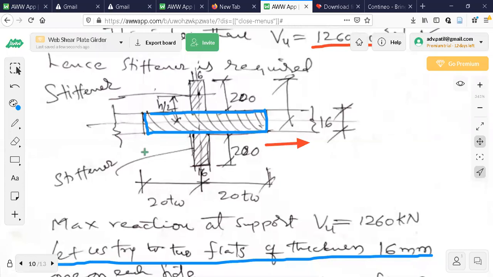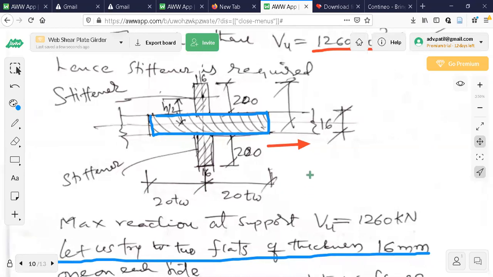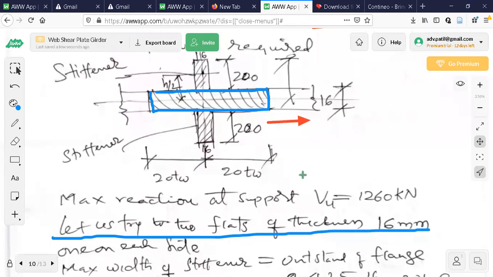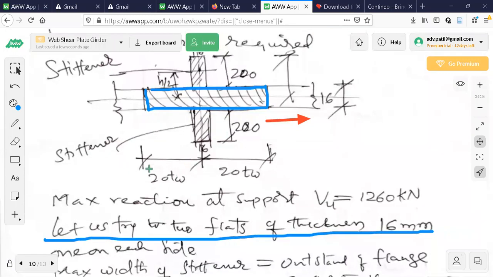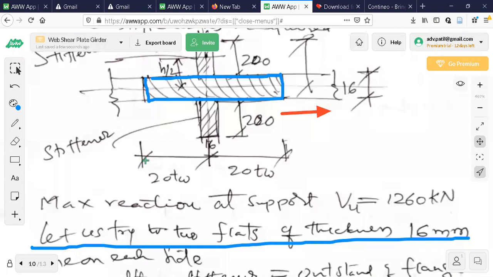How much is this, center to center? 20 tw. All these are approximations. Once they are satisfactory, once they are able to resist, when you find out the final value of FW or whatever, if it crosses WL by 2 VU, I can say the stiffeners are strong enough. Everything is approximate. Now observe here, 20 times tw from the center line, not from the edge of the stiffener.